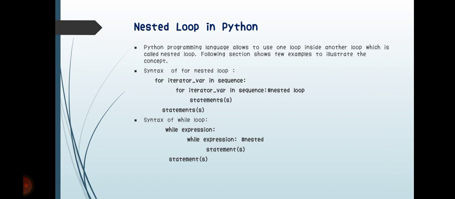So we can use a for loop in a for loop, a for loop in a while loop, a while loop in a for loop, like that. The syntax is simple, just like the for loop. The for loop iterates a variable, like variable in sequence, and again inside that for loop there is another for loop, variable in sequence. That is a loop within a loop, as I mentioned here, and that is what is called the nested loop. Here is the syntax of the for loop, and as well as the while loop we can use nesting in